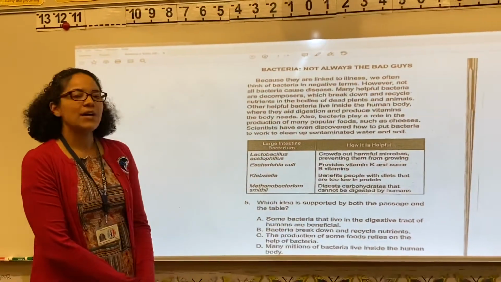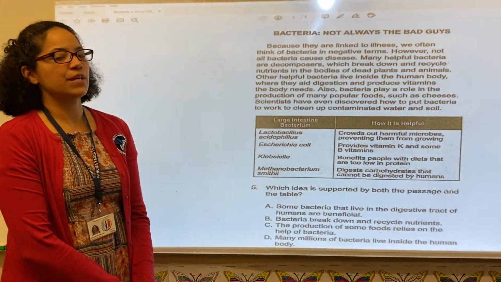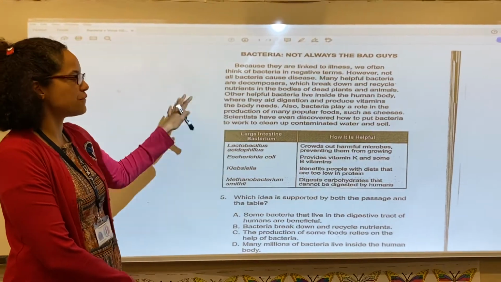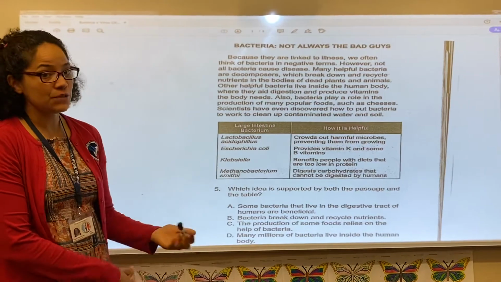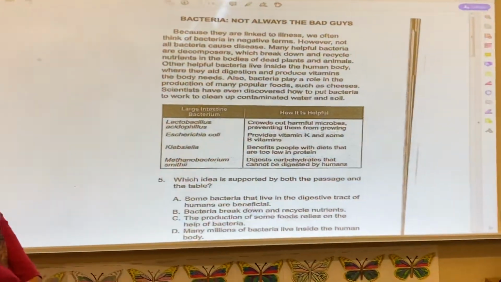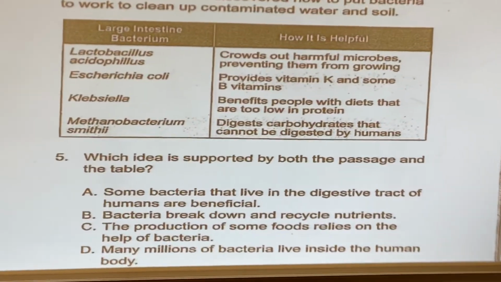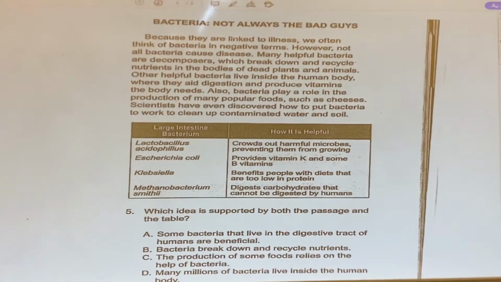So we always tell you guys, read the question first, because that way you know what you're looking for and you save time. If you start reading the paragraph first and looking at the table, it will waste time and might confuse you when you read the question. So let's look at the question first. It says, which idea is supported by both the passage and the table? So based on this question, we will have to look at the passage really quickly to see what the main